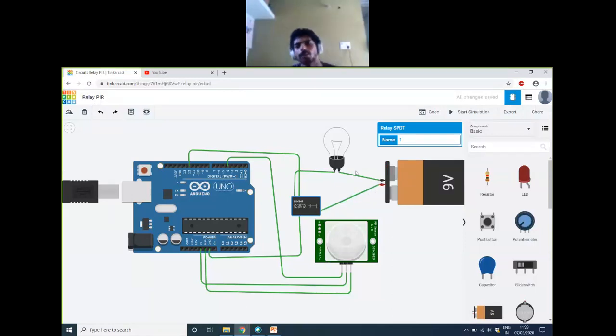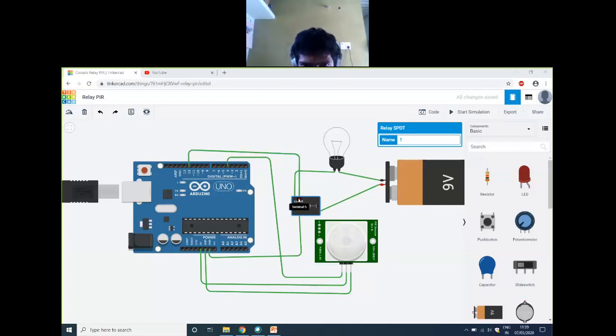I am using a 9 volts battery here to switch on the bulb, as we don't have direct AC here. If you want to replace it, you can directly replace the 9 volts with your AC supply as phase and neutral. The red one you can consider as neutral, the black one as phase. You have to connect one terminal to the common terminal, the center one. And the center one is in between NO and NC.